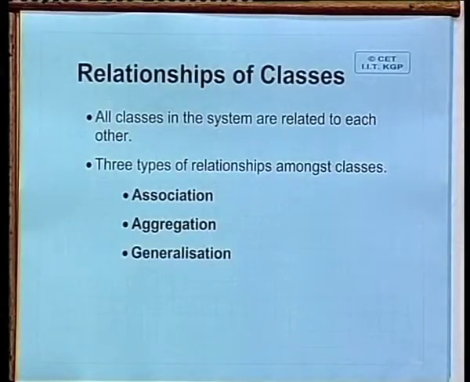The first one is called association, the second one is called aggregation, and the third one is called generalization. So, association, aggregation and generalization. The association is basically when two classes are associated to one another in the sense of an entity relationship diagram. Okay. The aggregation is essentially the idea of the whole-part relationship,